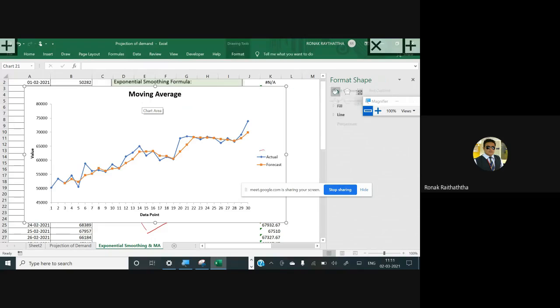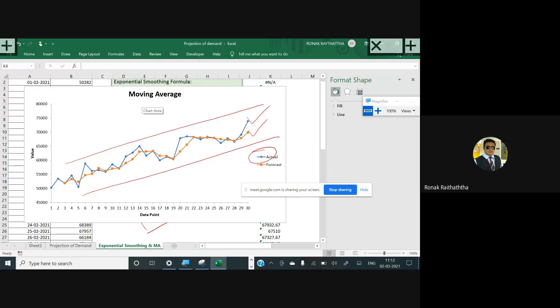Okay, so the blue ones you have got is your actual amounts of the demand, and the red one is the moving average. Now, how can you predict based on the moving average? You can also analyze the trend. Here in this case, you may see that the primary trend is upward, but in a time frame, you can see that the secondary trend is also being observed, which is slightly downward in nature.